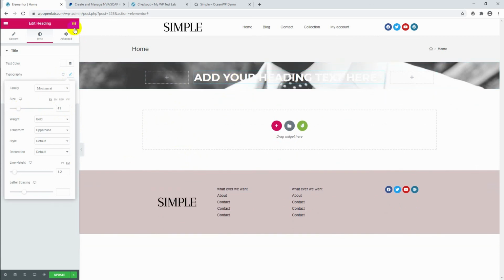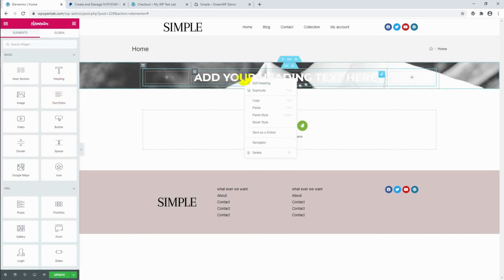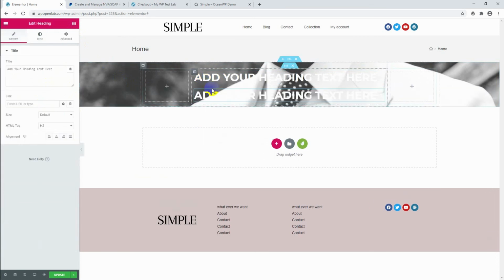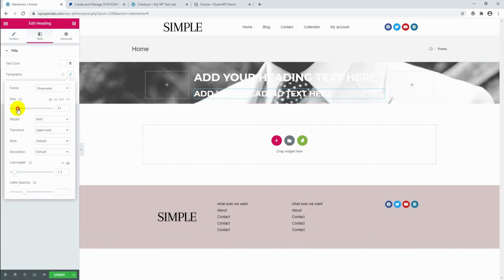we can add a subheading here. Let's duplicate. We can duplicate that simply, or we can take another heading, but I would like to duplicate that. And then we need to set the size, decrease the size here. Okay,